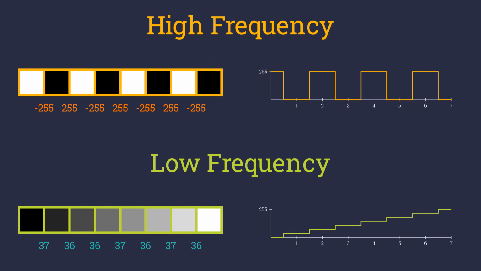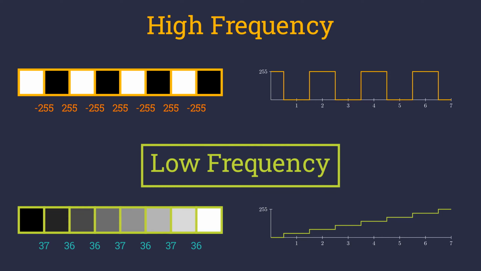Our eyes are primitively very good at noticing low frequency changes as they help us isolate objects in nature like a tree from a river. But they are bad at noticing high frequency changes like seeing a chessboard from 50 meters away. Now, how does DCT take advantage of this fact?